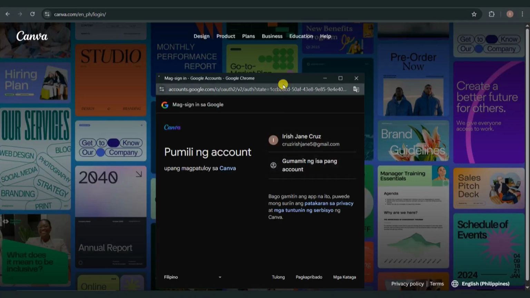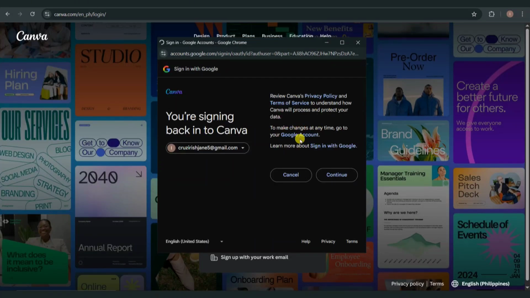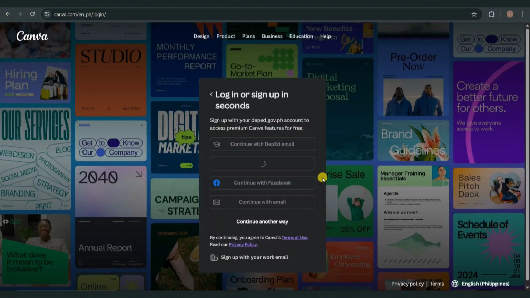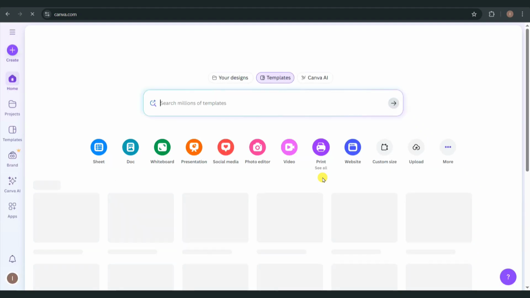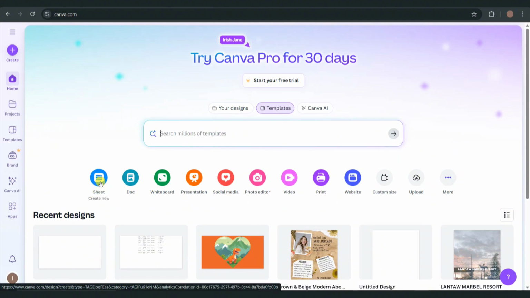And then once you're signed into your account, you'll get redirected into your Canva dashboard. So you just need to simply click on continue from here to continue to your Canva account. Now, once you're on your dashboard, go ahead and click on sheet from the tools section to create a new